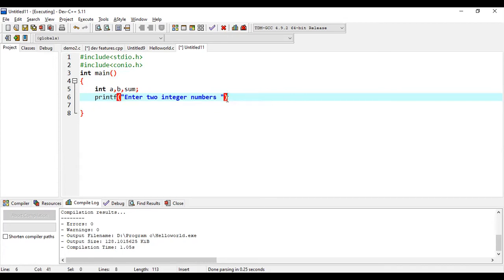The last line, each line should be terminated using a semicolon. Here in this printf statement, enter two integer numbers. The message should be given within double quotes.